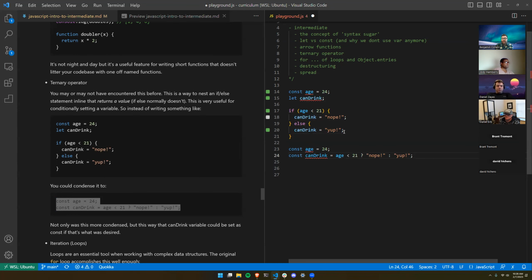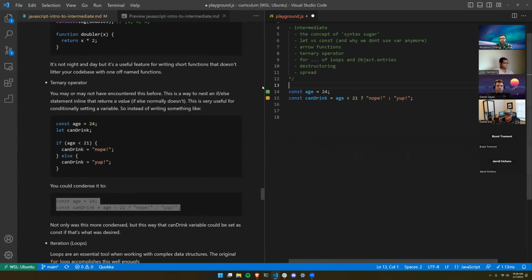And then this is an alternative called the ternary operator. Ternary operator is mostly useful in this case where you want to set a variable, but it's based on a conditional. So you ask the conditional, and depending on the answer, you return one value or another. And just like if-else statements, the ternary operator can be infinitely expanded upon. So I could say something like, if age is less than 21,